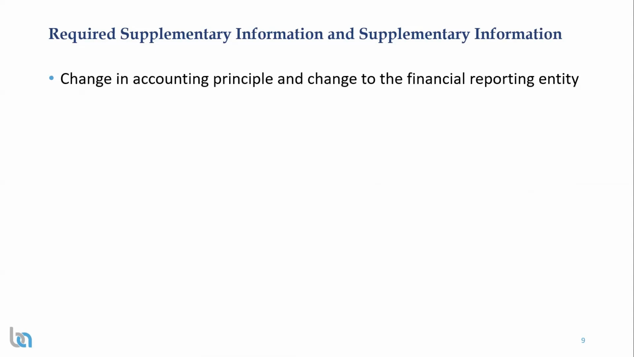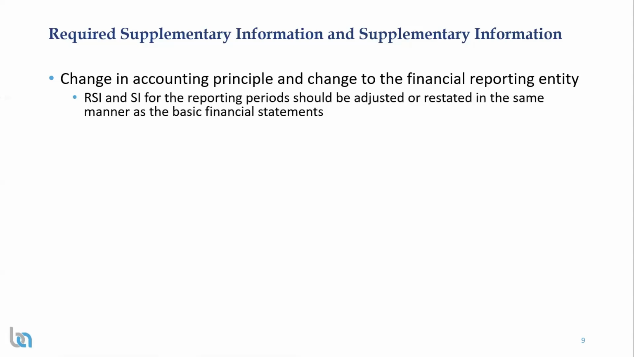So talking about required supplementary information, statistical section, supplementary information, when do you have to go back and actually adjust those? So in a situation where you have a change in accounting principle or a change in the financial reporting entity, you really only have to go and, for the RSI, the required supplementary information would be like your budget information, your pension information, your MD&A. Supplementary information would be all your non-major funds and so on. So for those,